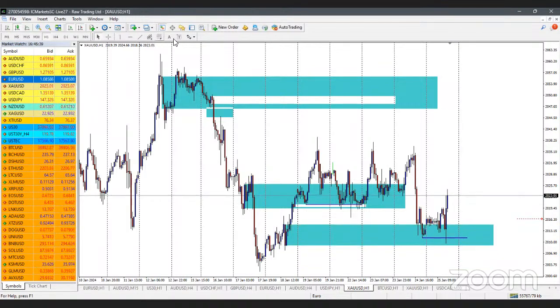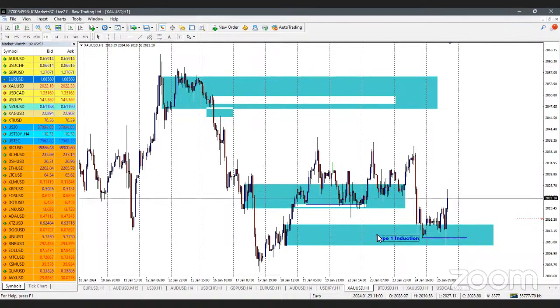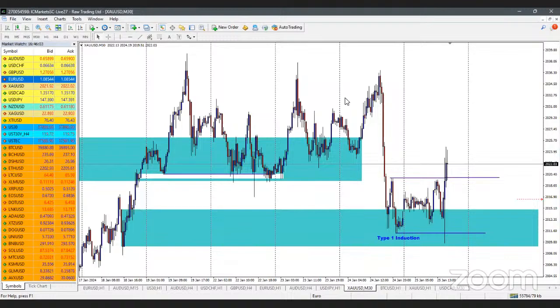But what I want to do anyway is go over here and do the type 1. So we have a type 1 induction over here. If you're not familiar with the teaching, I did a series on it before. Now, with this, all I'm looking for is the price to break market structure. On the H1 would have been the best, but on the M15, we do have a break